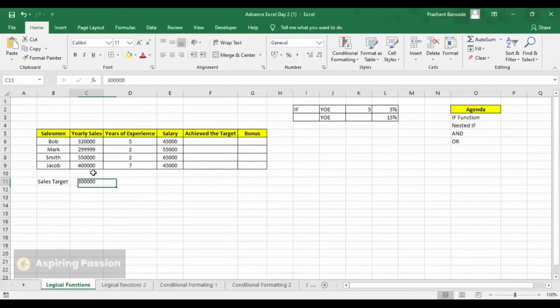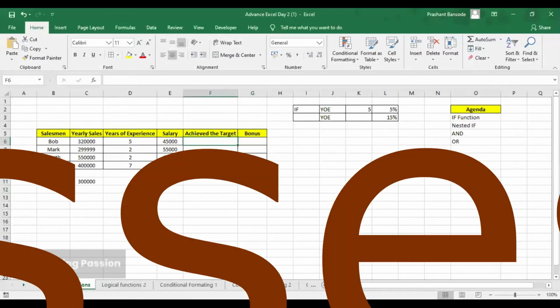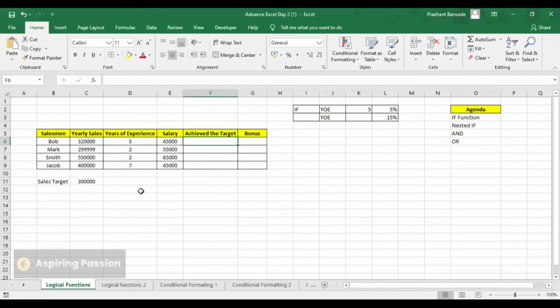The company has clearly established a target and they have to achieve it. The target can be increased or decreased, completely dependent on the company's business requirement. But now I want to give the bonus to these employees, and before that I want to assess by using a simple IF function whether this condition is satisfied or not.